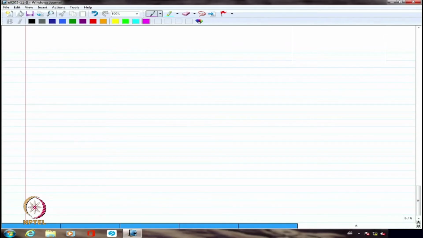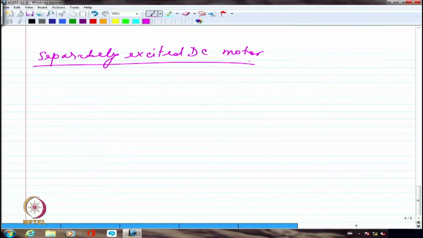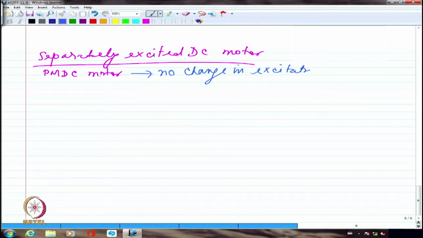We started off with the separately excited DC motor. So we looked at actually the separately excited DC motor, which we said is very much similar to a PM DC motor, that is a permanent magnet DC motor. The only thing is there is no scope for change in excitation, whereas this will allow IF to be changed as per whatever is the voltage that I am applying, but normally